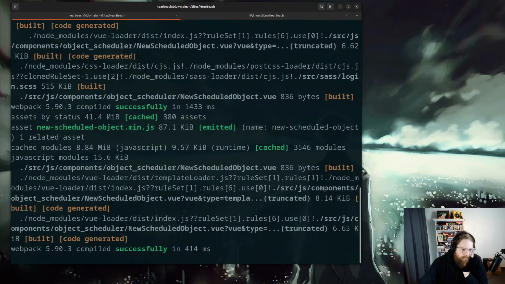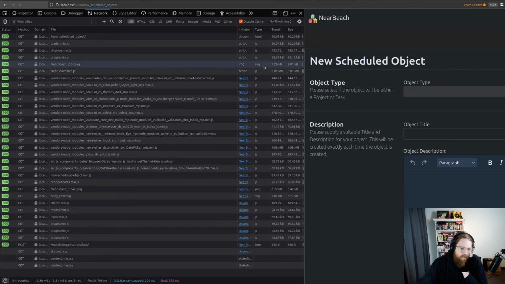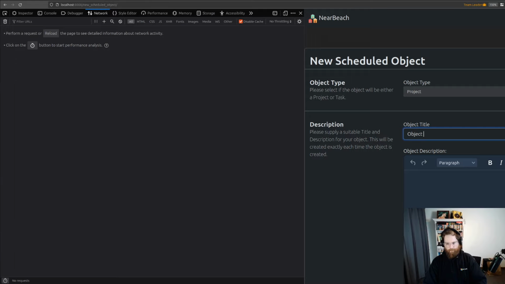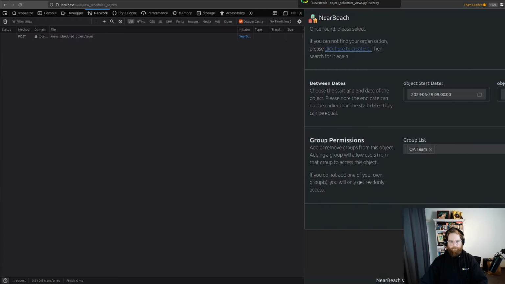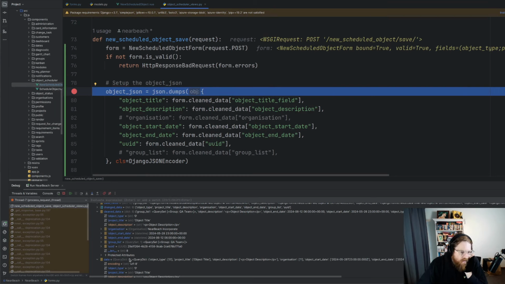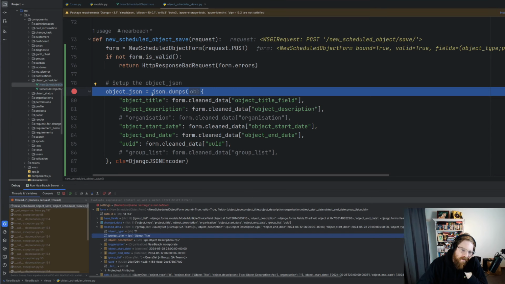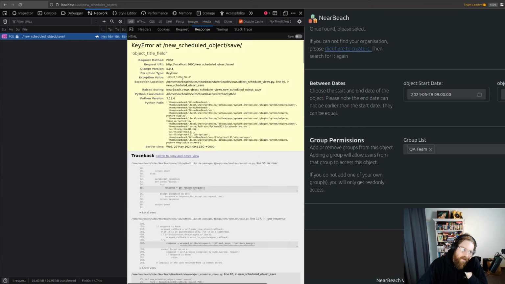All right, so everything should rebuild. Let's hit refresh. Let's delete all this. Let's have a look. We've got project title in here under the clean data. All right. And we would have the same error being like, hey, that's not a field. So